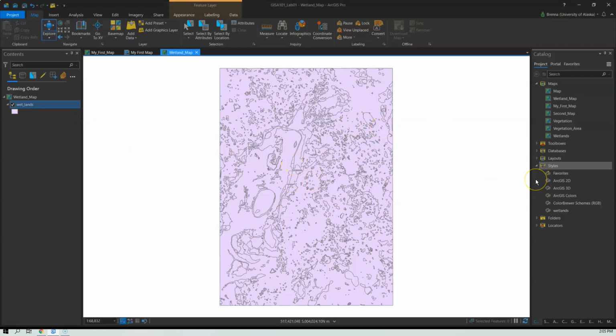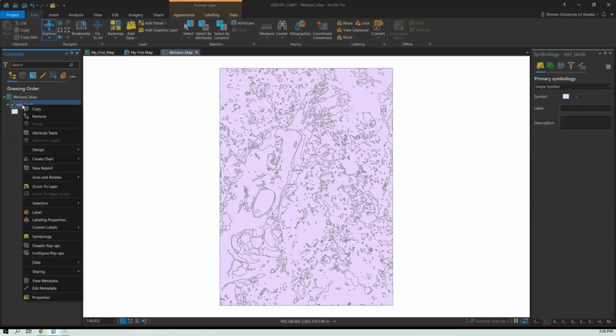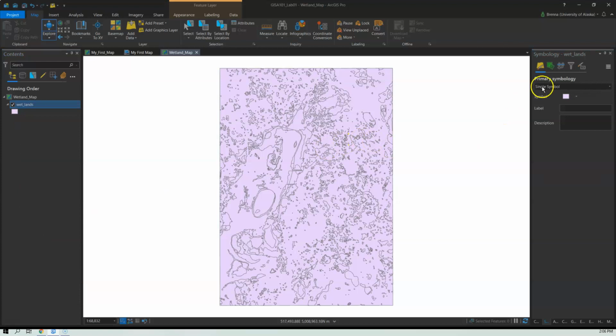For the wetlands, we're going to change up our symbology method a little bit. So before we were using a single symbol, and remember you can get the symbology either in your tabs over here, or you can right click on your layer and go to symbology, or there are some ways that you can get into it from the menus.